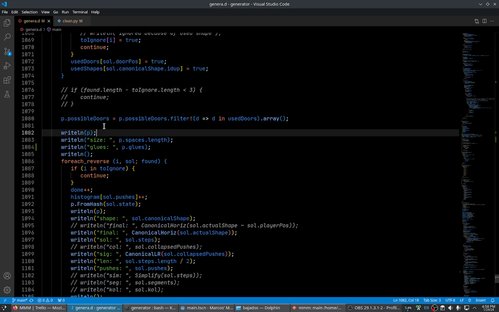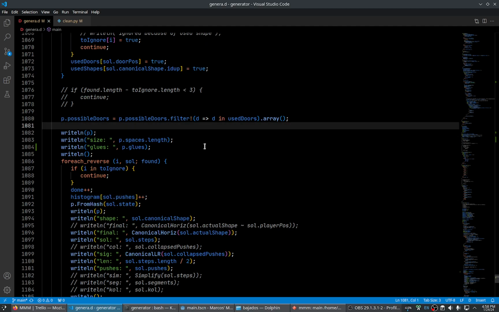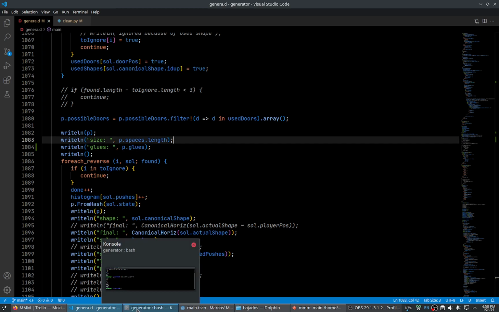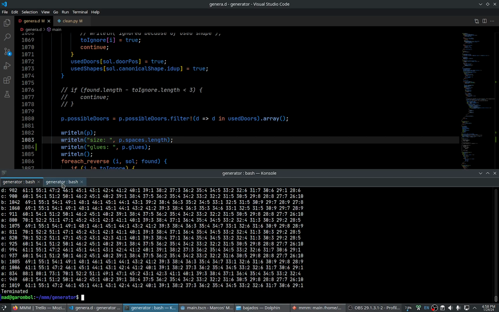If I want to include thousands of levels, I prefer to generate them offline in my machine